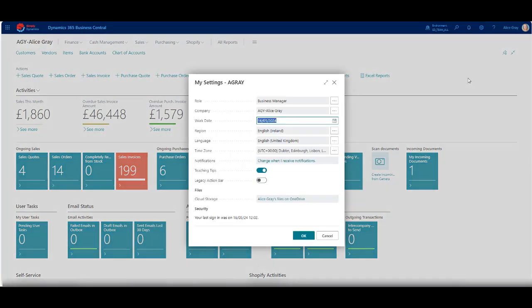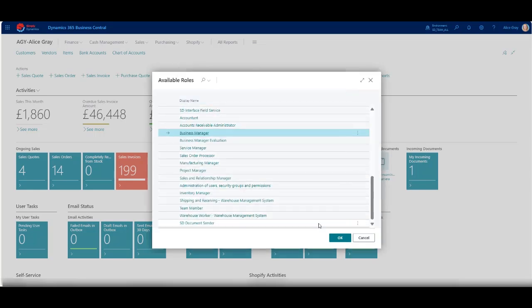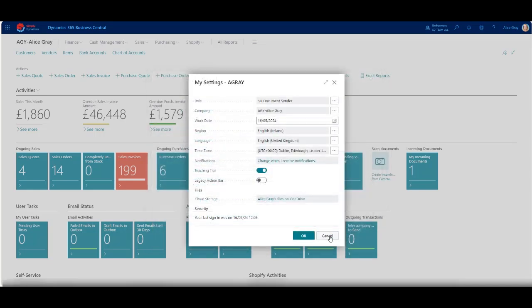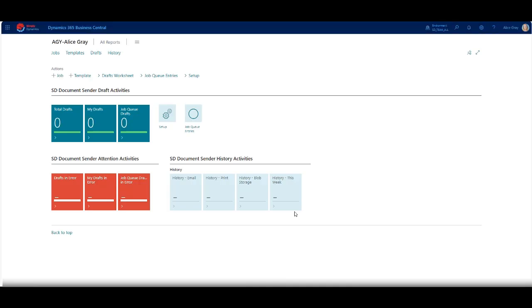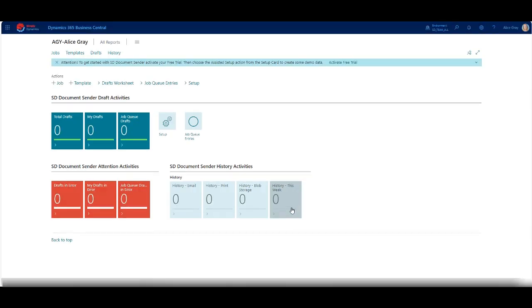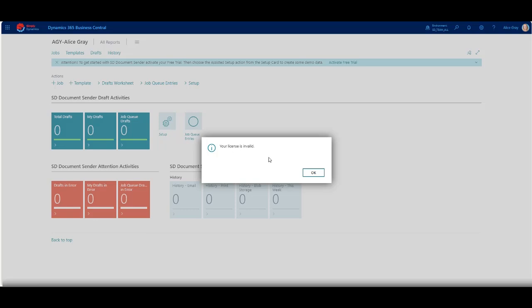We can navigate to the SD Document Sender setup card using the Tell Me, or in this instance we'll just change our role center to the SD Document Sender role center. So here in our SD Document Sender Role Center, we'll navigate to the Setup card. We'll get a prompt that your license is invalid, so we'll choose OK, and we'll choose Yes to validate the